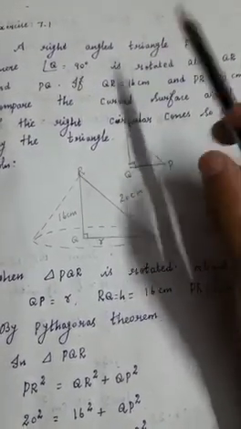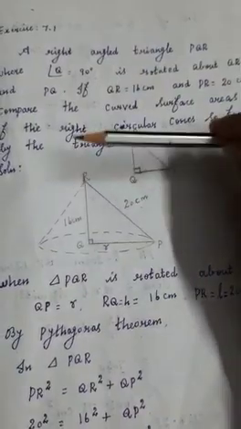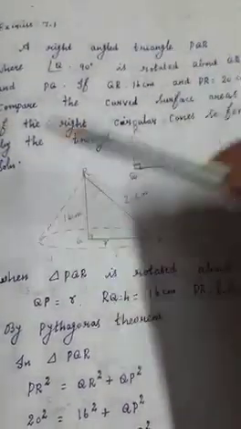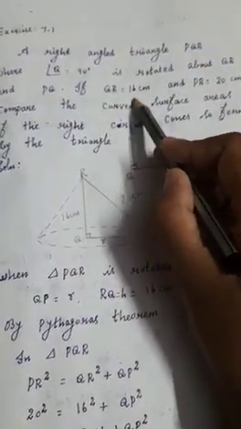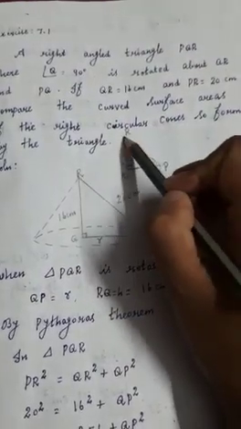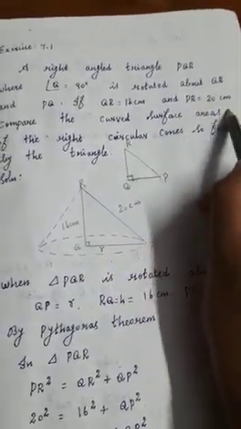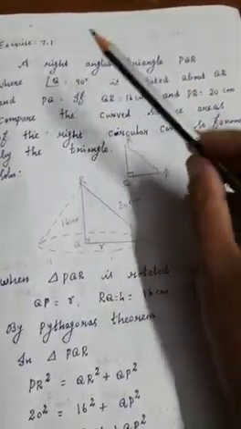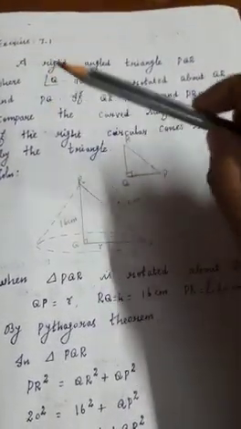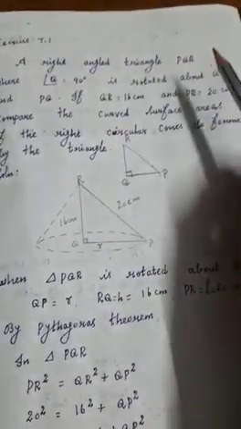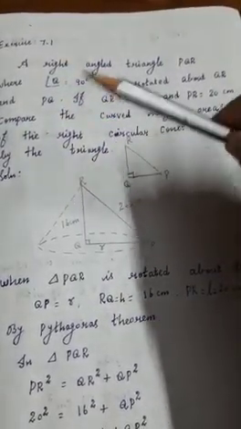Then you can see how the cone shape will form. Next, PQ as axis, that means PQ, this side. We are rotating the right angle triangle, and we can see how the cone shape will form. The values they have given: QR is 16 centimeters, PR is 20 centimeters. So I know that with QR as axis, while rotating the right angle triangle, we get one cone shape. After that, with PQ as axis, this side, we rotate the right angle triangle and get another cone.